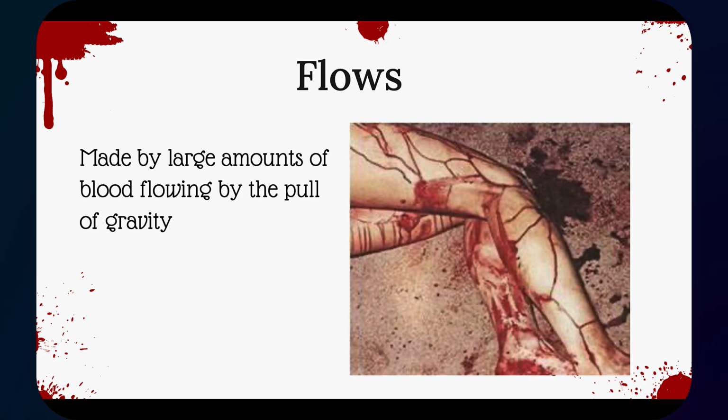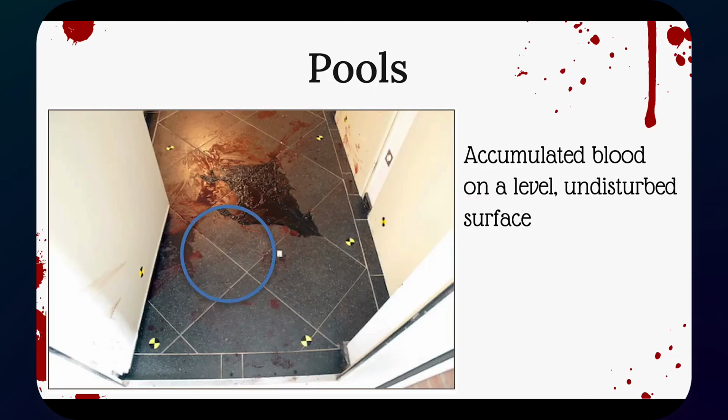The flow direction may show movement of objects or bodies while the flow was still in progress or after the blood dried. Interruption of a flow pattern may indicate the sequence and passage of time between the flow and its interruption. When a bleeding victim remains stationary for a period of time over a surface that is leveled and undisturbed,